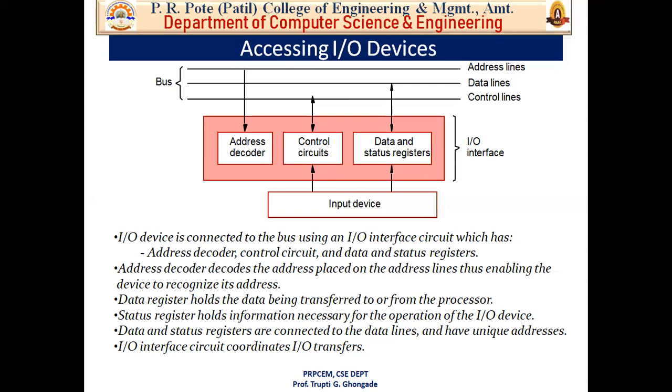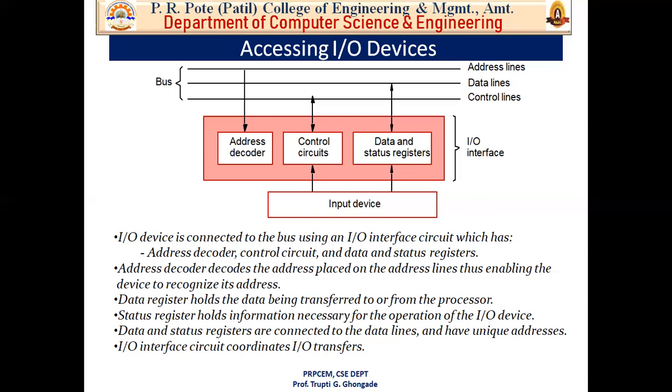The IO devices operate at speeds that are very much different from that of the processor. Speed of the IO devices and speed of the processor are very much different. When a human operator is entering a character by using the keyboard, the processor is capable of executing millions of instructions between successive character entries. Within a second, we can press a number of keys and the processor is able to execute millions of instructions. So an instruction that reads a character from the keyboard should be executed only when a character is available in the input buffer of the keyboard interface. So this is all about accessing IO devices.